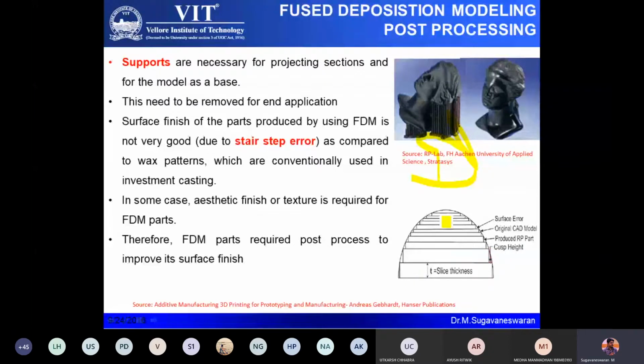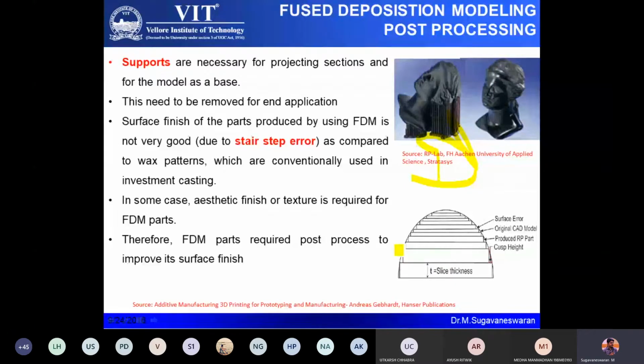Because within each layer, you cannot vary the profile edge. In each layer, the profile edge is perfectly straight. You cannot get the curved profile as you have in CAD. But you get an overall 3D component as you gradually vary the profile from one layer to another layer and stack all those layers. So this is the three-dimensional or additive manufacturing principle. When you divide a CAD into 2D contours, then add the 2D contours to get a 3D contour, the major issue associated with the additive manufacturing process is staircase error.